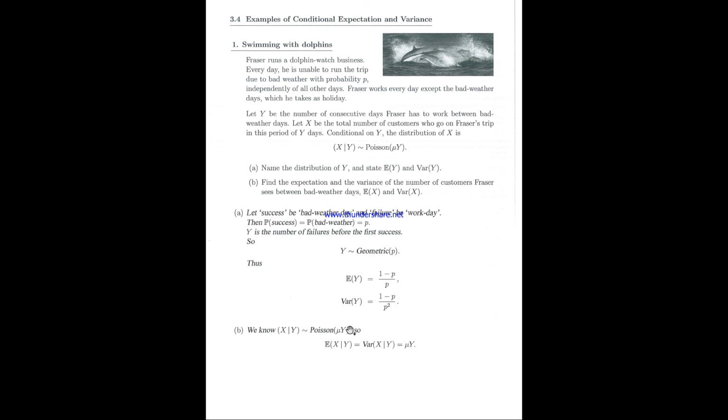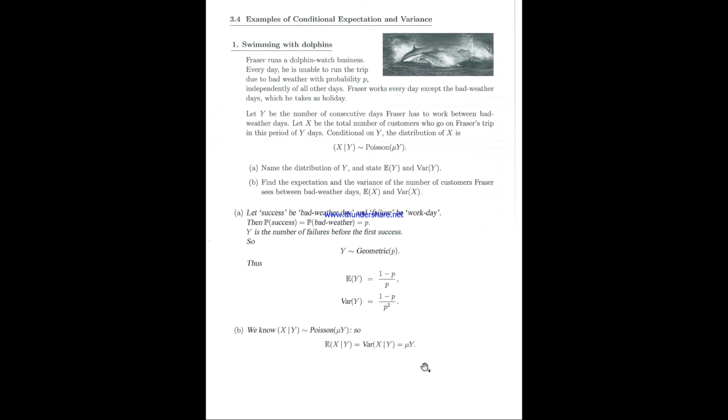So we can see it as mu into the number of days, and the number of days has been defined using y. So if you take the distribution of the number of customers x, given y,